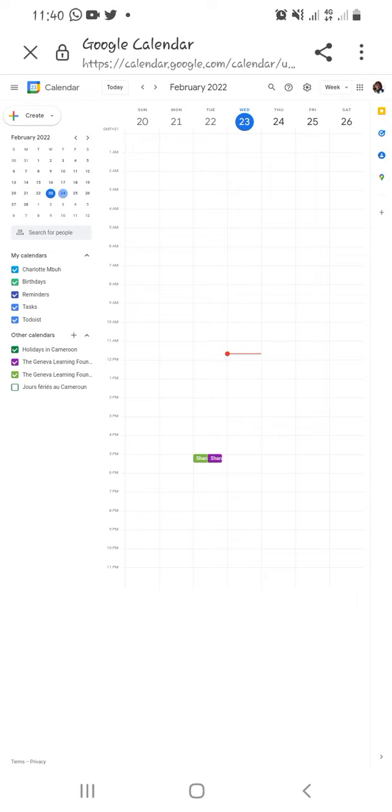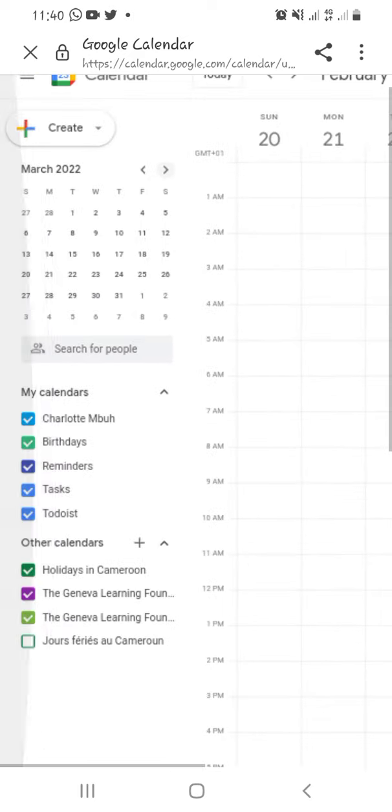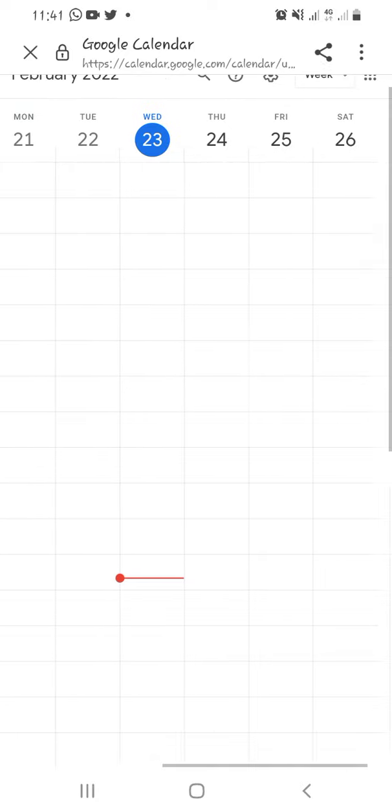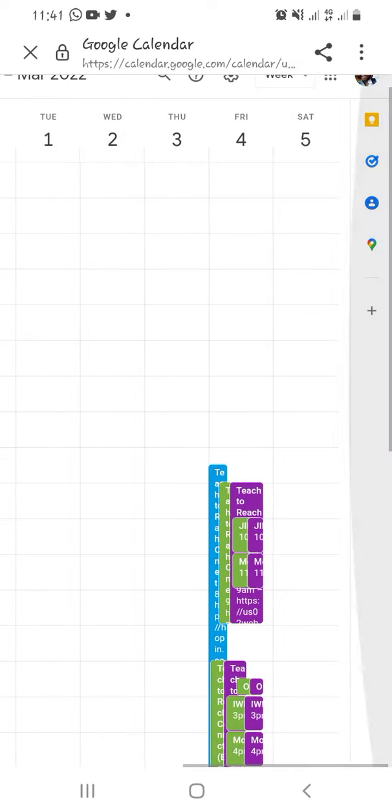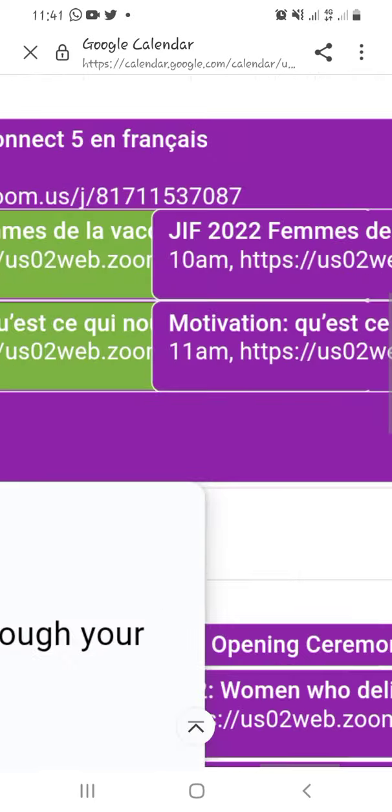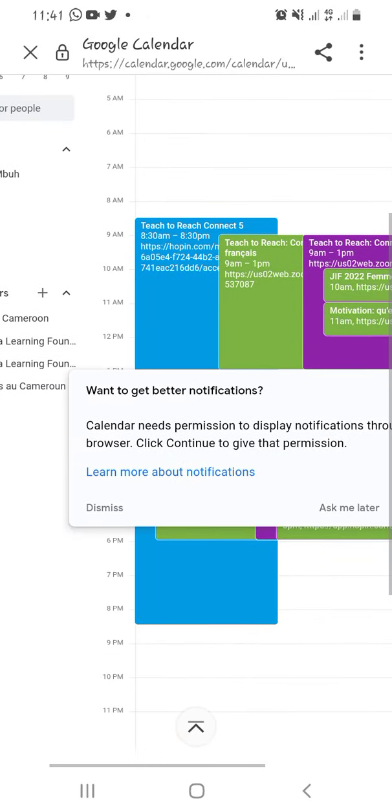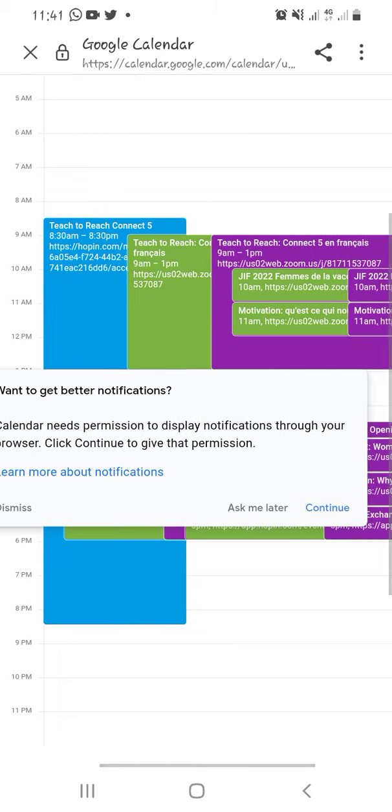So if you want to look at the 4th of March, we'll go to March 2022. Let me click on the 4th, and then you will see all the activities that we plan on Friday. You'll see all of them. Everything is there. Teach to Reach Connect. It appears several times